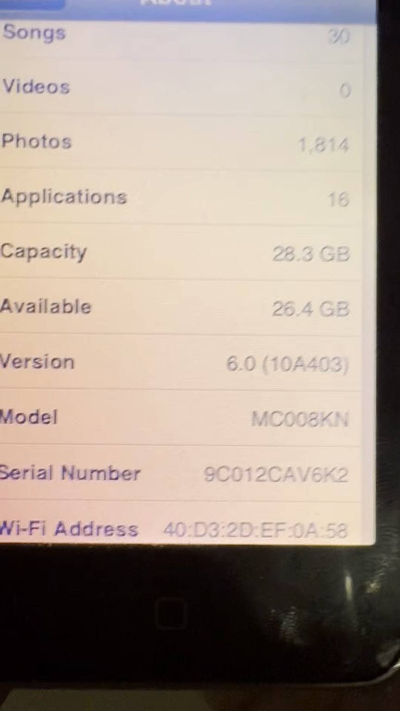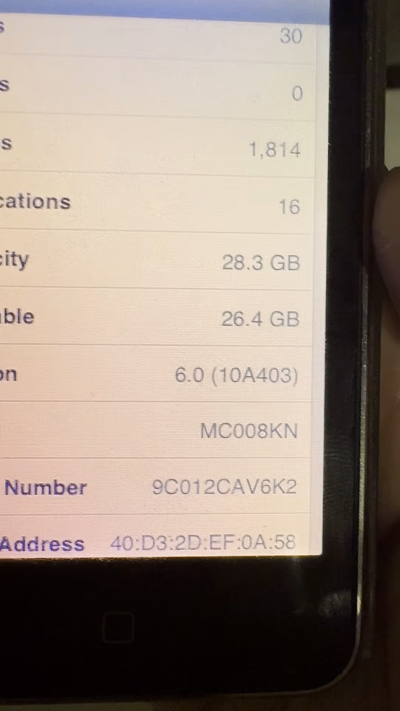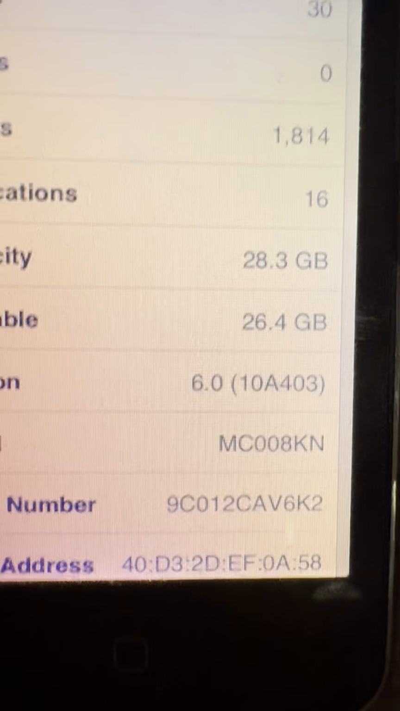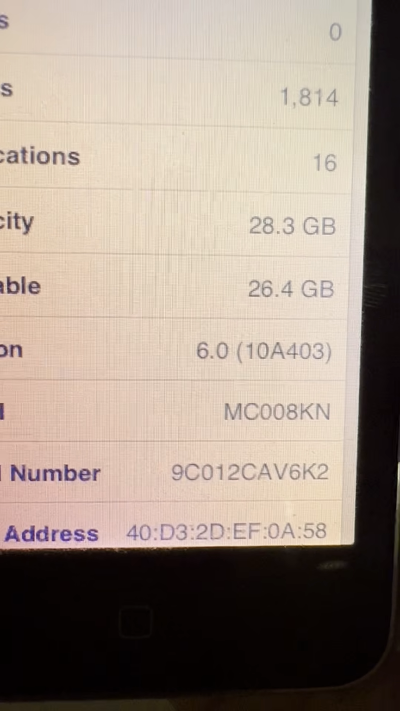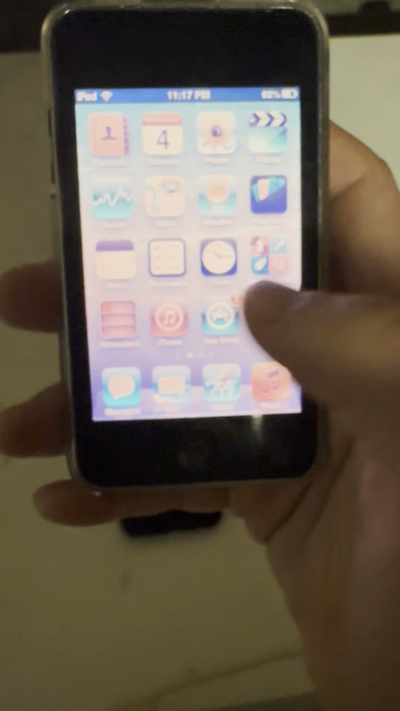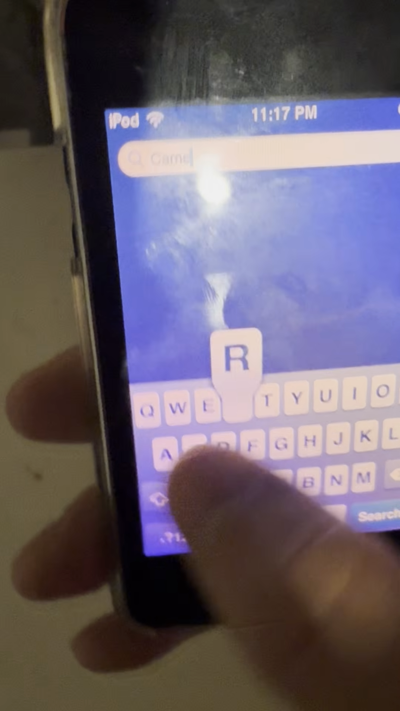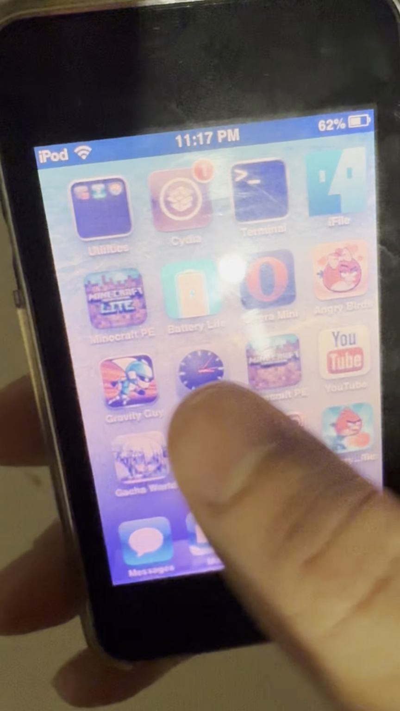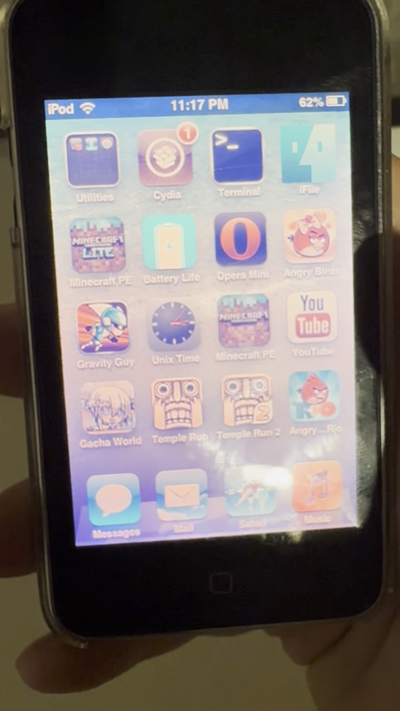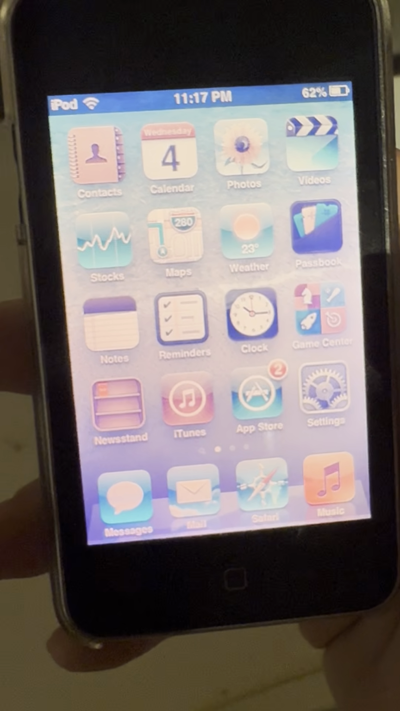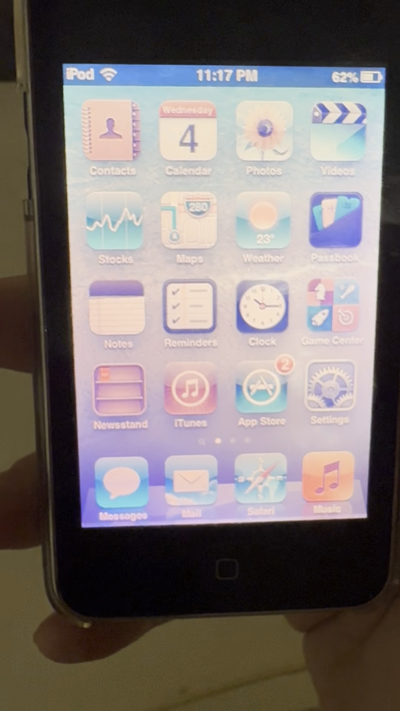You can see, have a look at the build number and the version: 6.0, 10A403. Have a good look at that. And also look at the back. This is obviously a 3rd gen without a camera. I'll even search the camera app. And yeah, if you don't believe me enough,